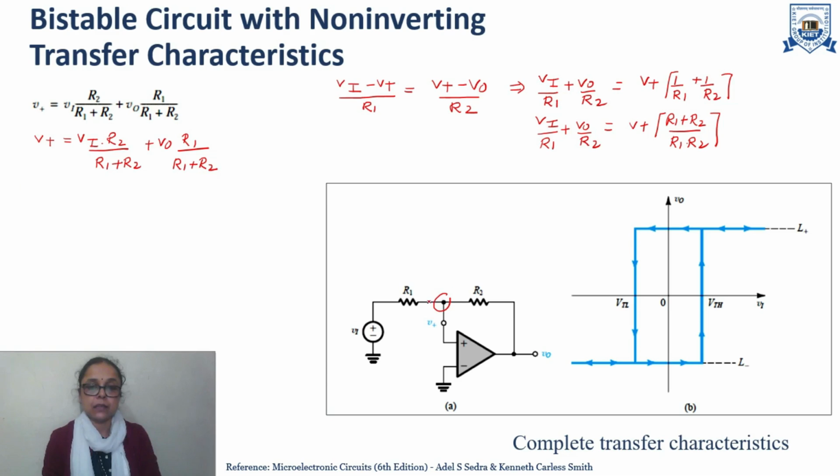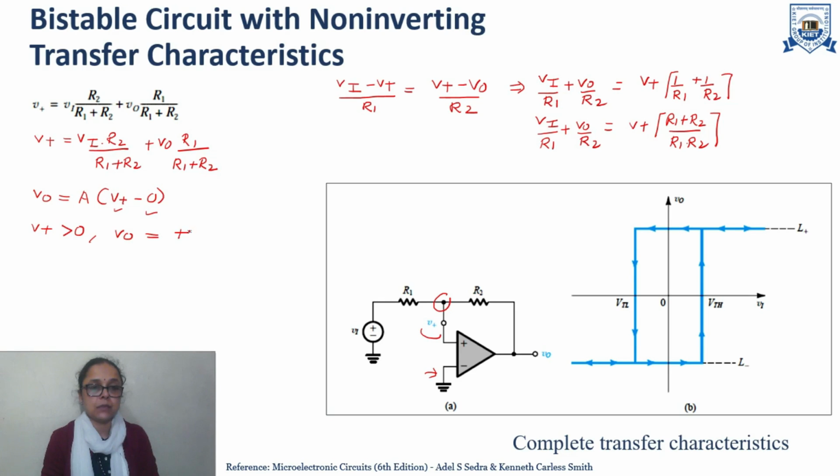Now, once we have calculated the voltage at this node V plus, we will see the characteristics. Vo is given by A times V plus minus 0. Why V plus minus 0? Because this is the voltage V plus and this voltage is at ground potential. So, here when this is V plus and this is 0, we will see the condition when this amplifier will saturate. Whenever this V plus is greater than 0, the amplifier will go into saturation and Vo